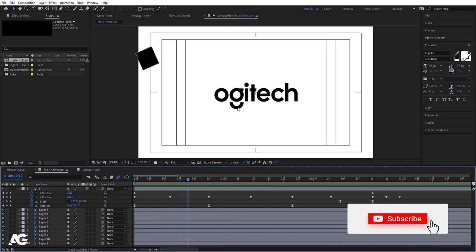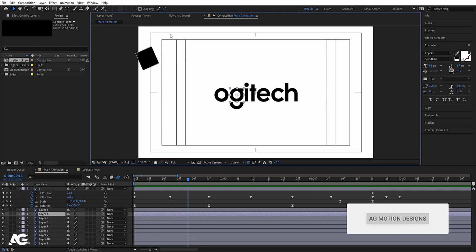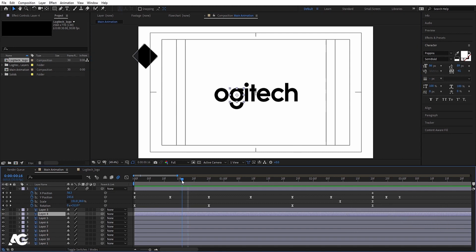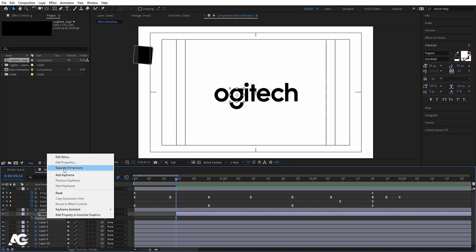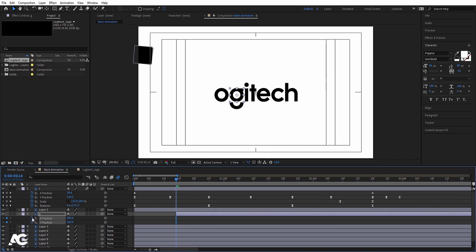Now I want this portion of G to come from here like in a previous animation. So what I'm gonna do, I'm gonna select this portion, I'll hit enter and I'll call it G and hit OK, and I'll move this over here with the help of open square bracket. Now select this, press P, select this position, right click, go choose separate dimensions, create one keyframe at X and